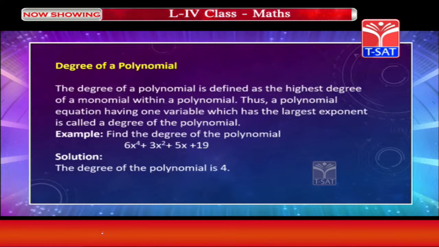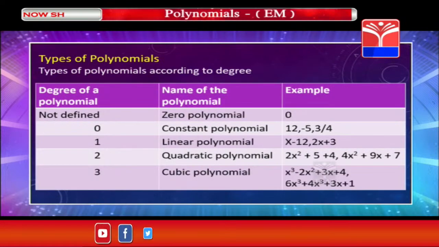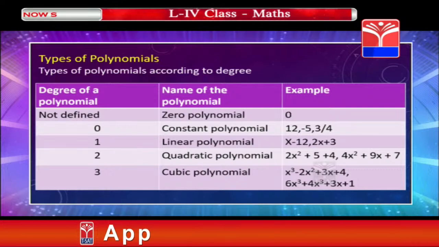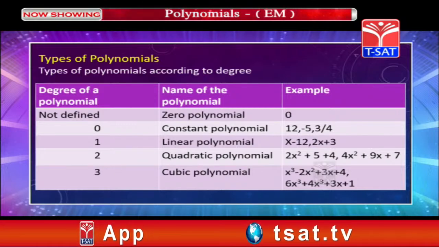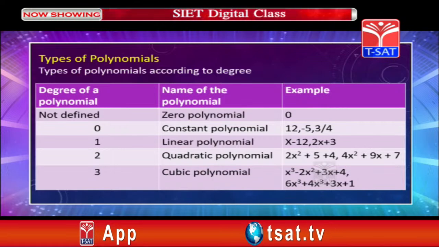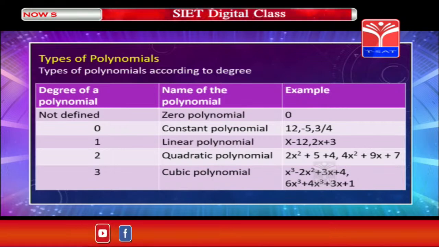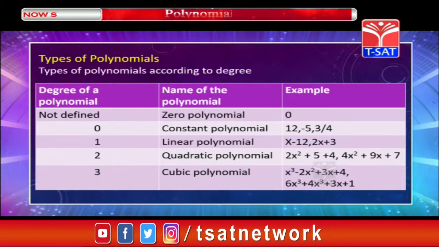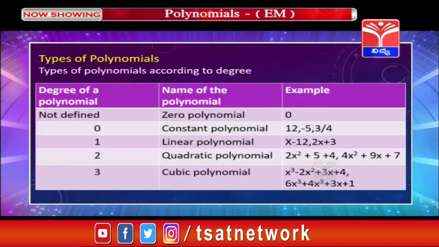Is it clear? Okay. So, now based on the degree we can classify the polynomials into some kinds. The degree of the polynomial and the name of the polynomial, and I am giving an example for each one. The first one, let us start with 0. 0 is simply called the 0 polynomial and the degree is not defined, you simply call it the 0